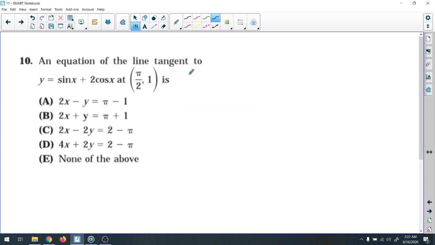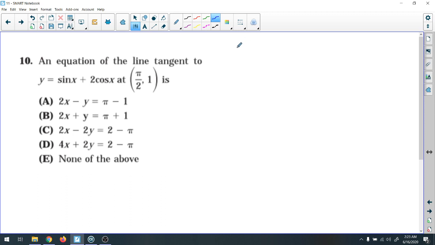We have another question in AP Calculus test. An equation of the line tangent to y equals sine x plus 2 cosine x at point pi over 2 and 1. So you're looking for the tangent line equation. Tangent line equation,